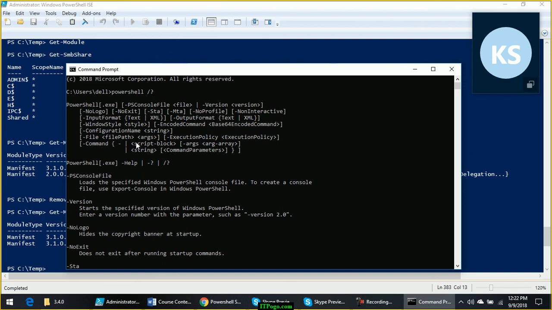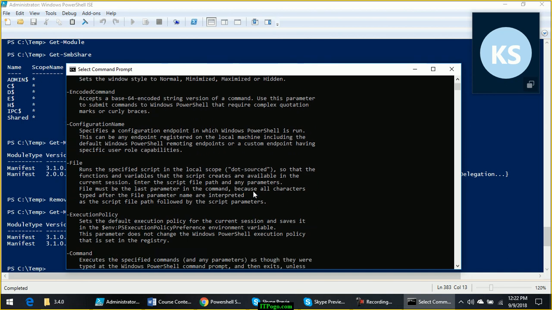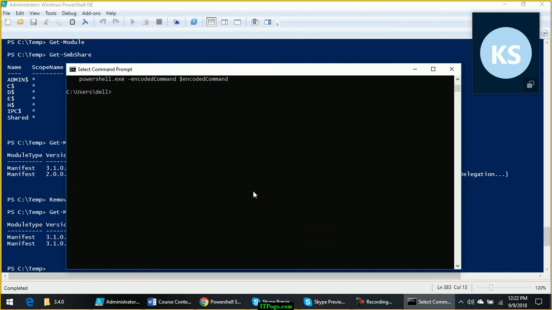Now, when you go to the shortcut and check what they are doing through the shortcut, you will find that what they are doing is, they are using PowerShell hyphen command import module Active Directory.